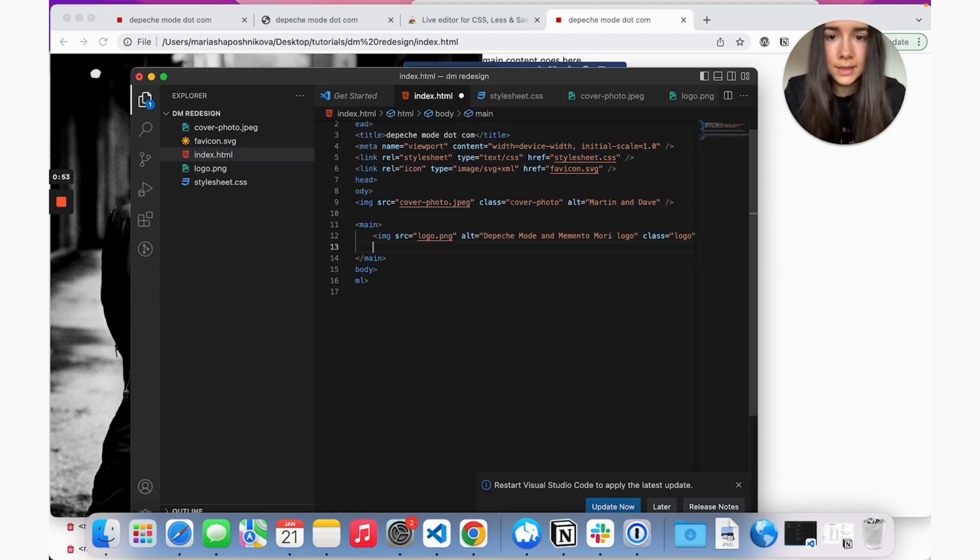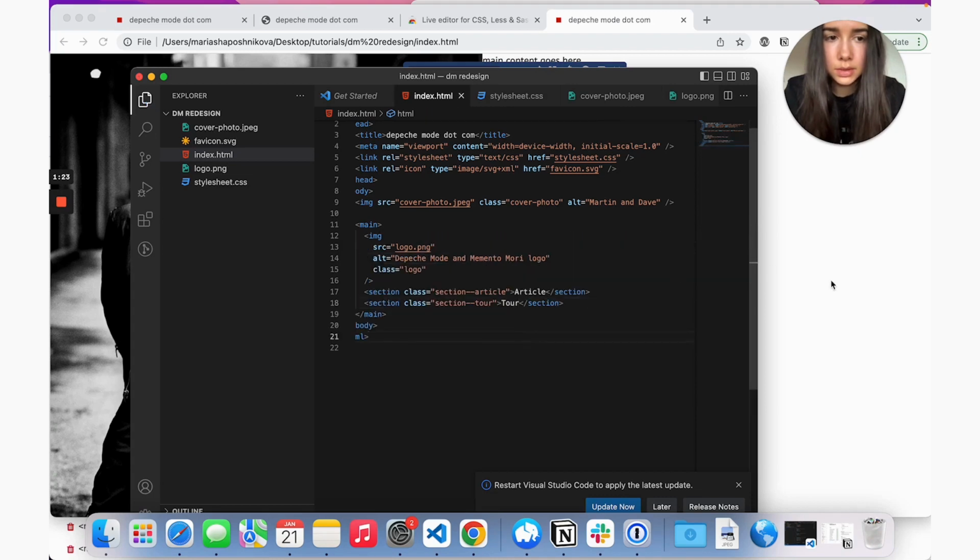And then our second, we're going to have a section. First section is going to be just the article. And then our second one is going to be the tour. And you can just write article, tour.